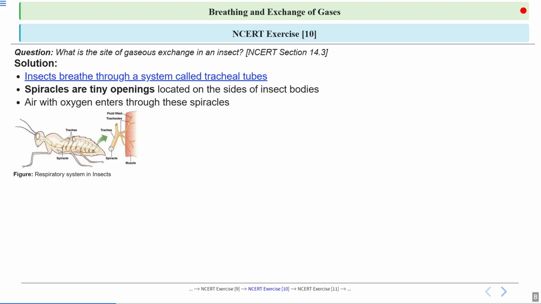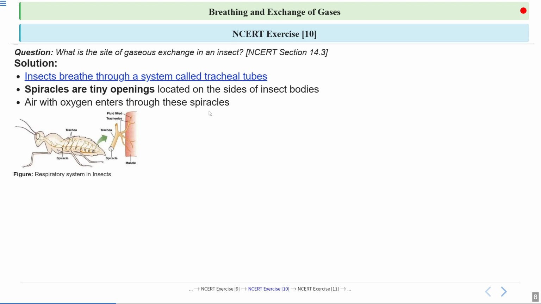And these tracheal tubes run parallelly as well as horizontally. You can see this trachea running parallel this way, and some horizontal tubes are also there, joining the parallel ones. So all of it makes a network in the body, and through this network the air moves all over the body, meaning air can reach every part of the body. But how is it moving? Not via blood; they are moving via tracheal tubes, right? So air with oxygen